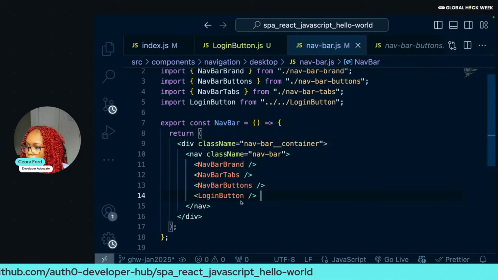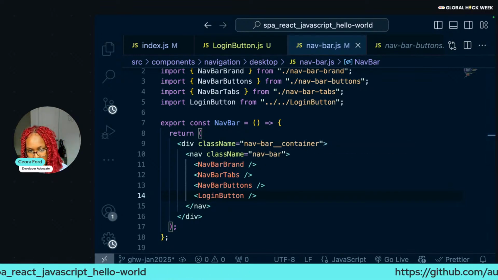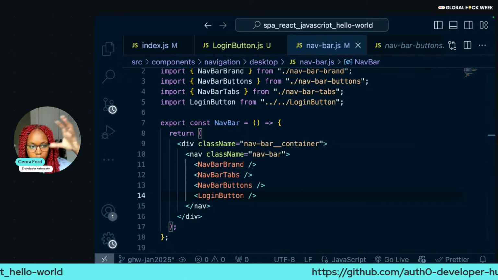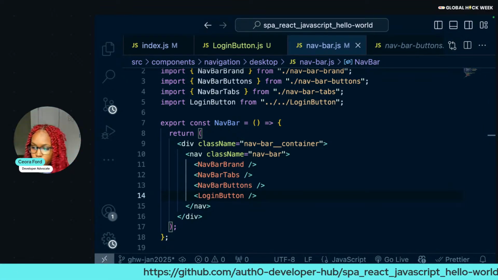So yes, if we look at this here, we've added our component, the login button component, into the navigation bar. So when we go to our